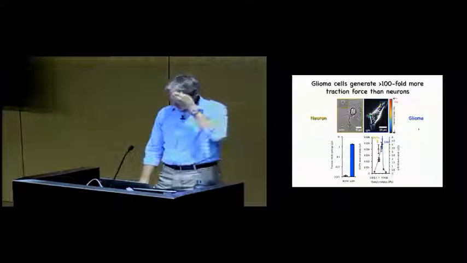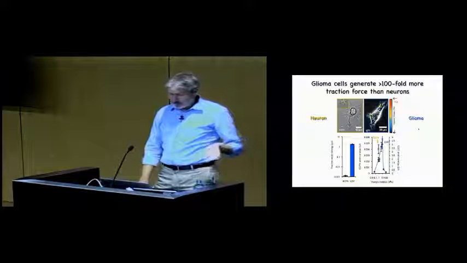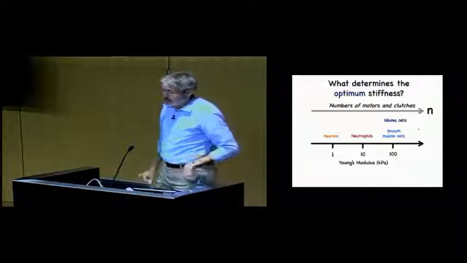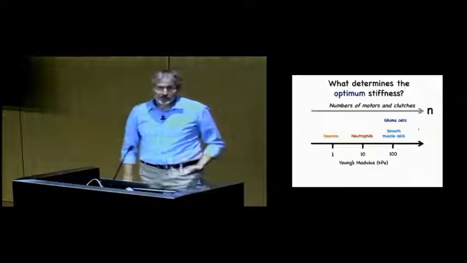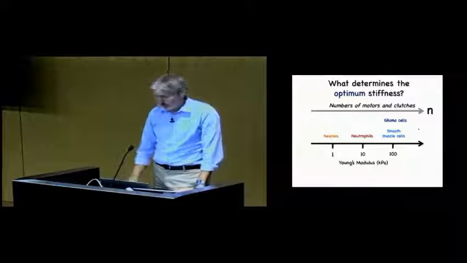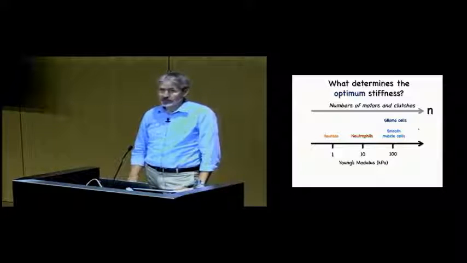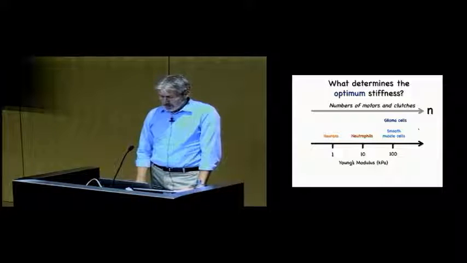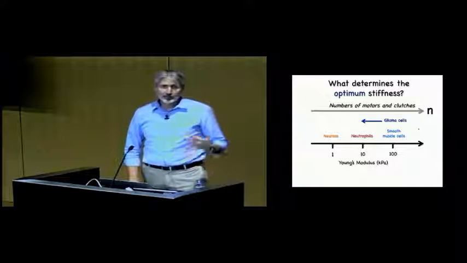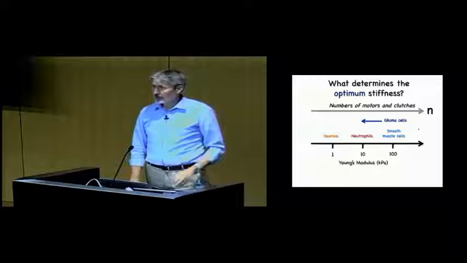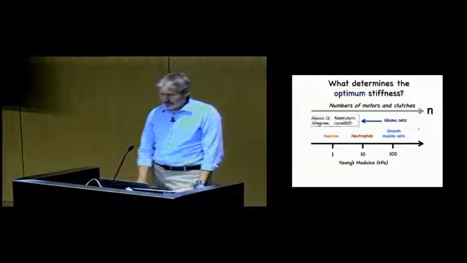So this made us think that that is probably what the key difference is between glioma cells and neurons, is simply the number of motors and clutches is the main difference between them. Otherwise, from a motor clutch point of view, they're basically the same. And if that's true, then we should be able to take glioma cells and shift them down if we could simultaneously inhibit motors and clutches together. So that is a doable experiment